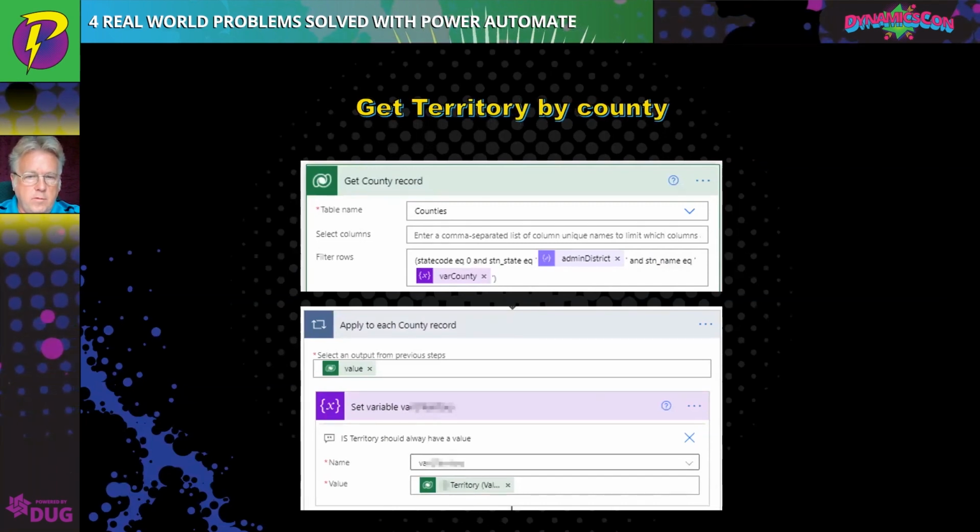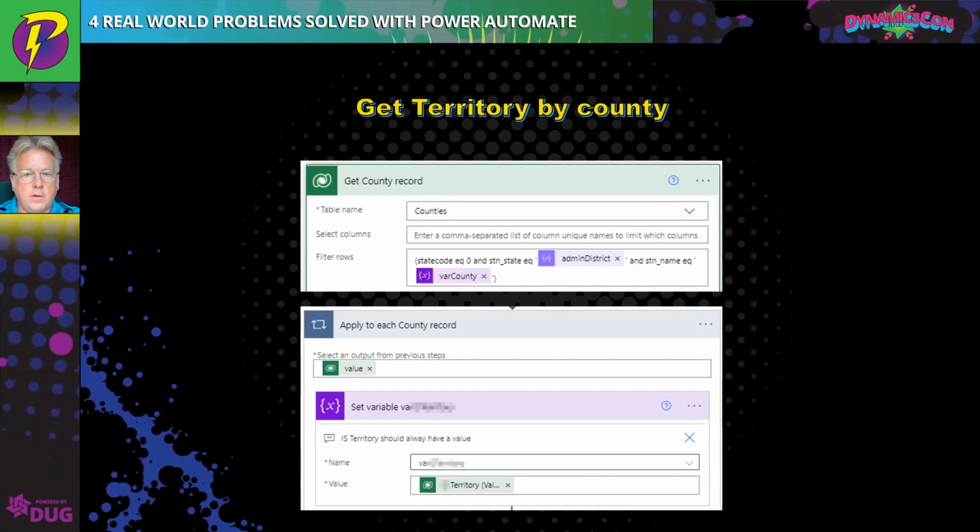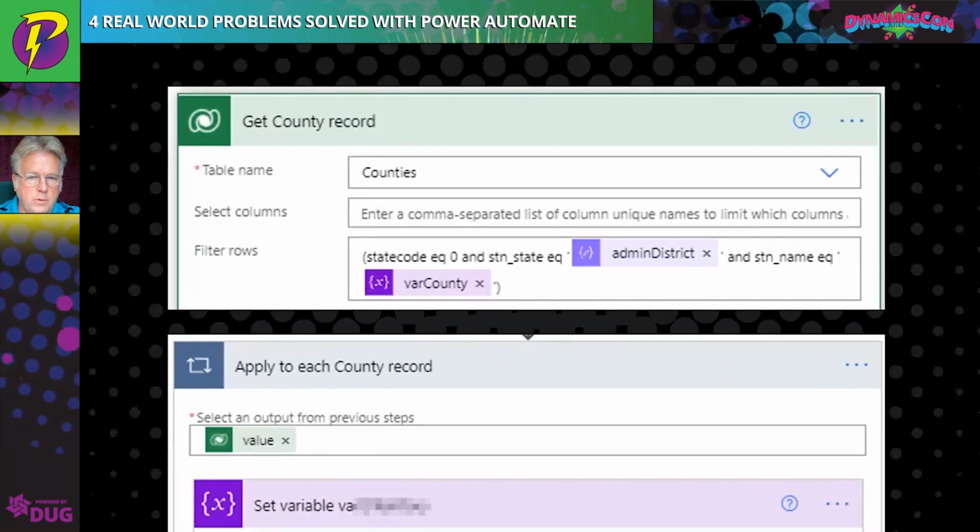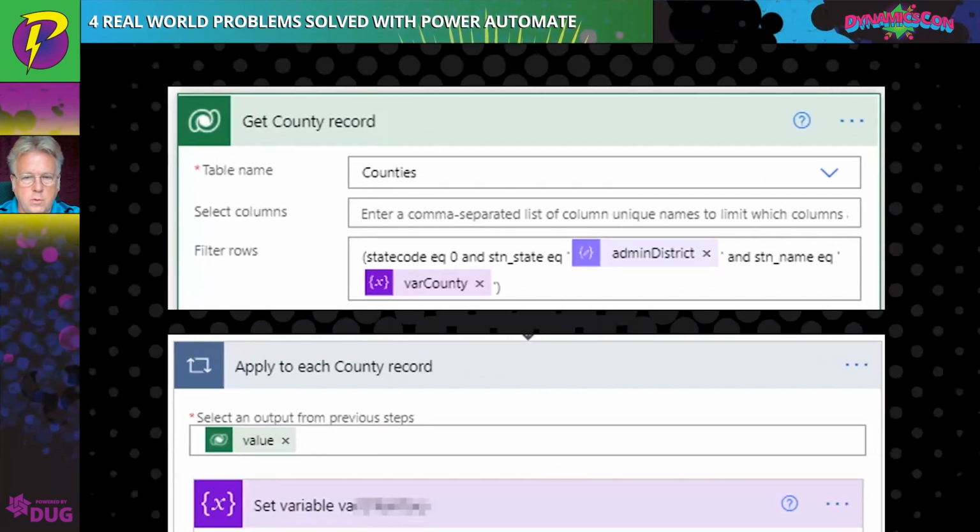So once we had that information, we have a county custom record or entity for the client. This specifies the state and the county and the territory that's associated with that, and that's managed by the users or the client. So we go do a lookup to that county, and you can see in the filter rows,